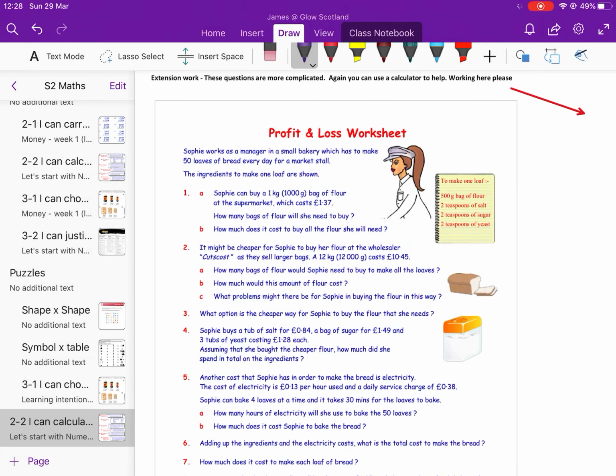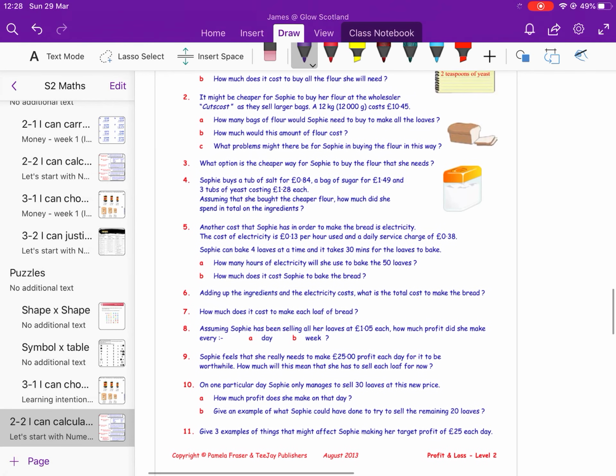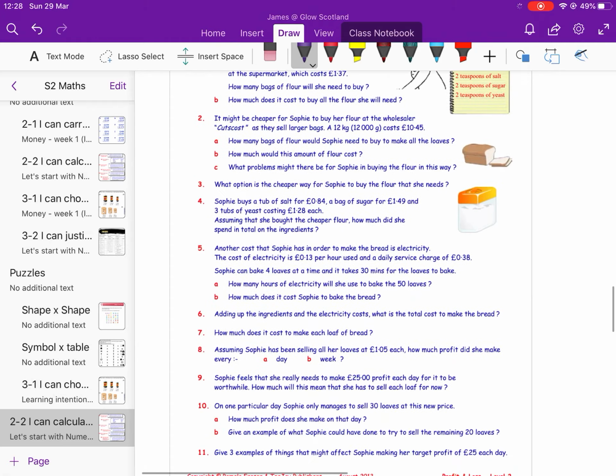There's an extension task down here where it's going to talk a little bit more about profit and loss, but you have a go at. Don't feel like everybody has to try that. Some of you might find that quite challenging. So see how you get on,